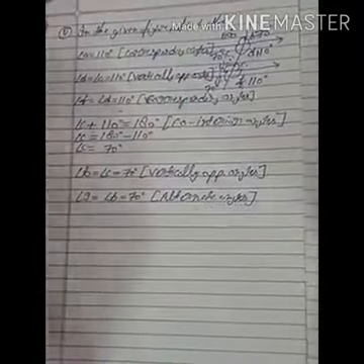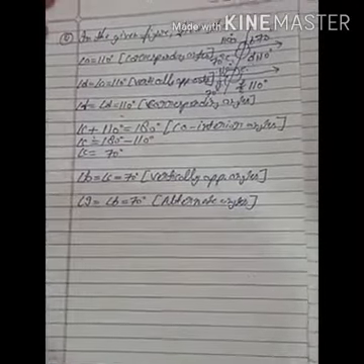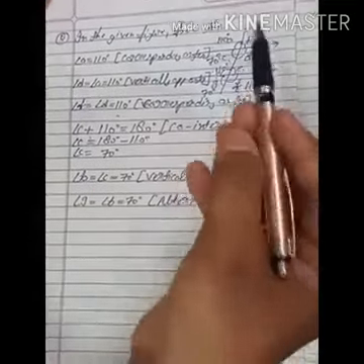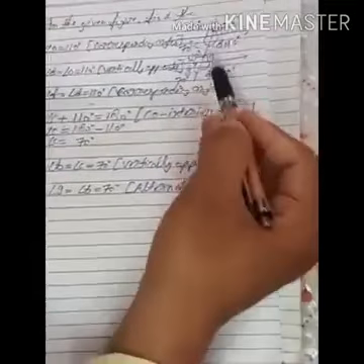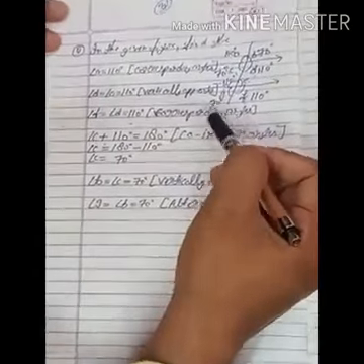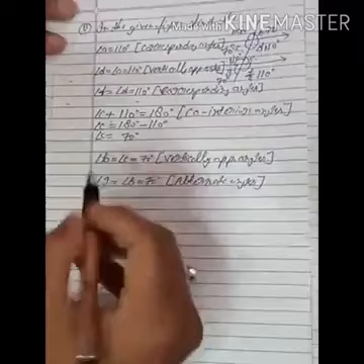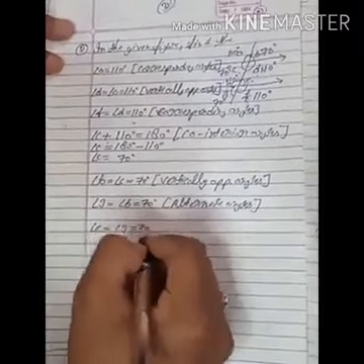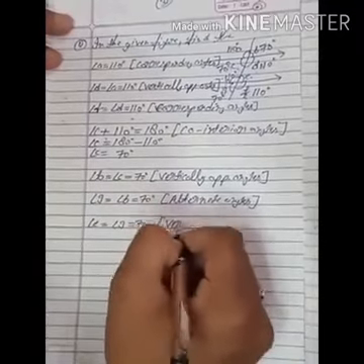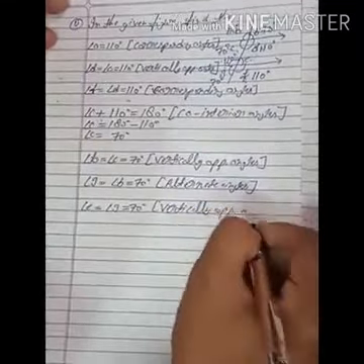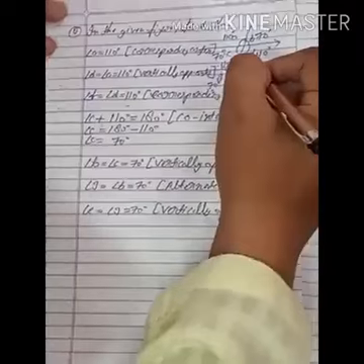Now which angle is left? Angle E is left. So we can find angle E with the help of any other angle. We can find with the help of angle B also. E and B are corresponding angles. Then with the help of G also. So we can use any way. So angle E is equal to angle G is equal to 70 degree. So reason is vertically opposite angles. So here we will write 70 degree.